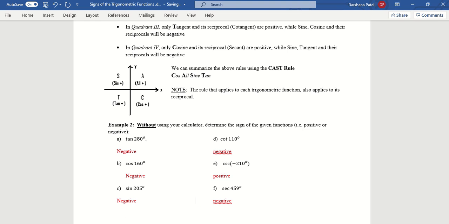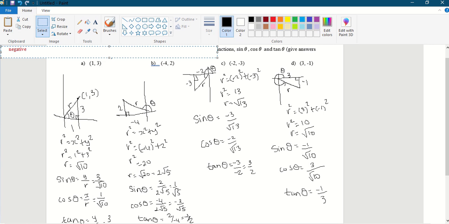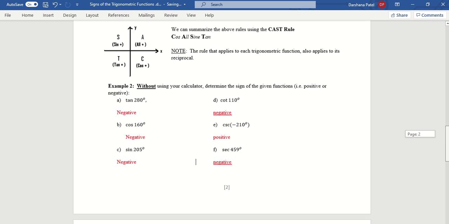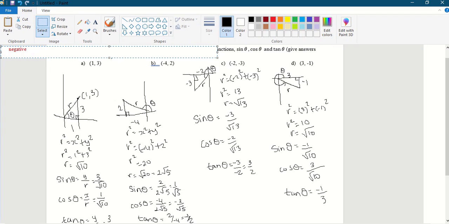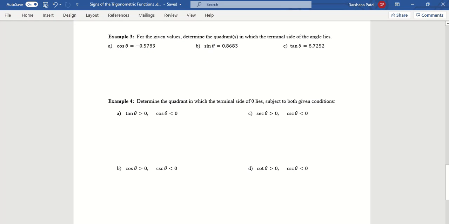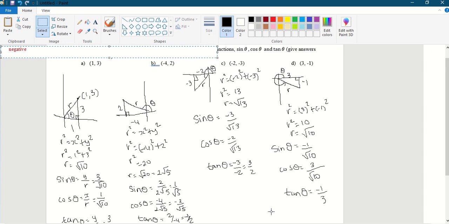Let's see some more examples. For the given values, determine the quadrants in which the terminal side of the angle lies. So we only need to check which quadrants. We don't need to solve yet. We just want to find out which quadrants this happens in. So we use the CAST rule again. Let's see this one here. The first one is cos negative